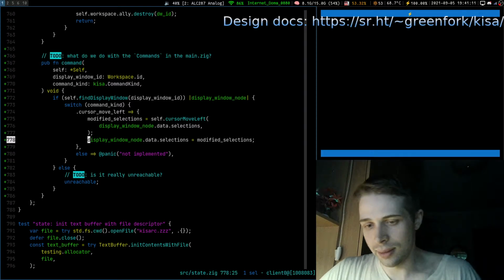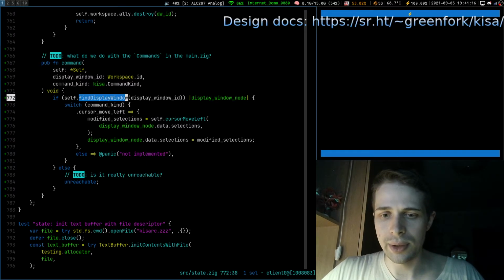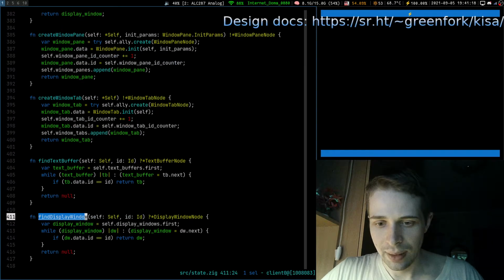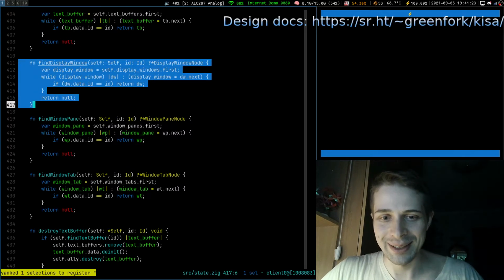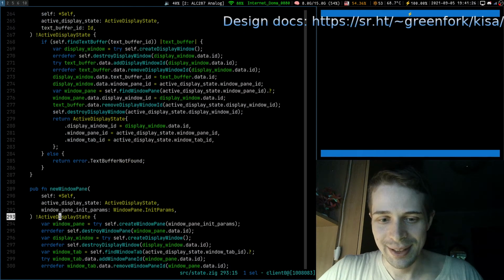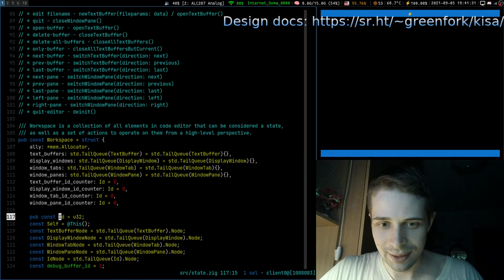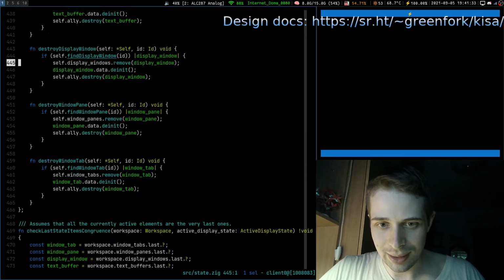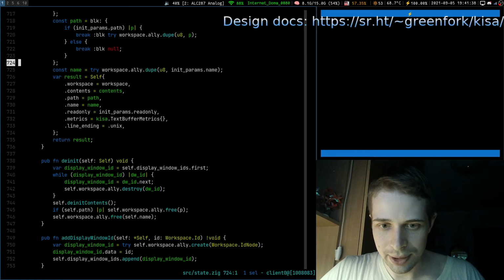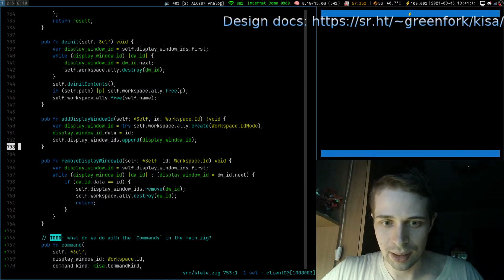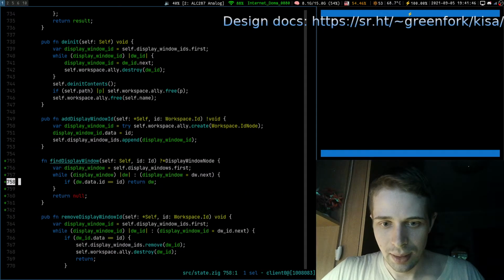Okay, I think this implementation should end here in scope. Let's also see that we don't have this function, I believe. We have it in the workspace container, but not in the text buffer. In the workspace, right? Yeah, here in the workspace. But we need it in the text buffer too. It will be a bit different, but probably the same. So I will just copy the existing implementation and tweak it to work for this one here. Okay.